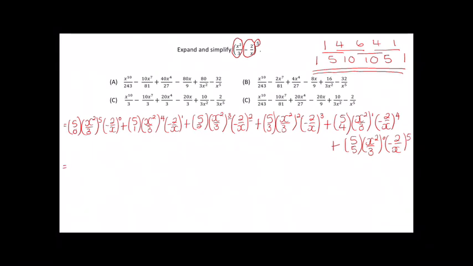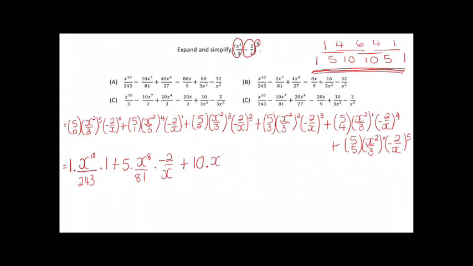I can then start to simplify. So referring back up to this line here, this is my expansion for all my choose terms. So I've got 1 times, starting off, x squared to the power of 5 gives us x to the 10. Powers of powers means that we multiply them. And 3 to the power of 5 gives me 243. Anything to the power of 0 is just 1. I've then got 5 times, so powers of powers again, I'm going to have x to the power of 8 over 81 times negative 2 over x plus,